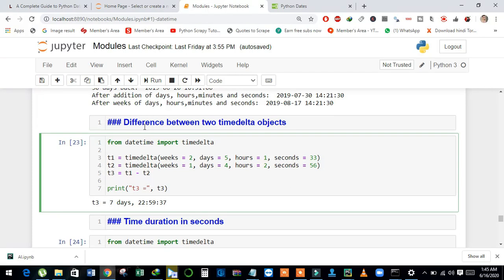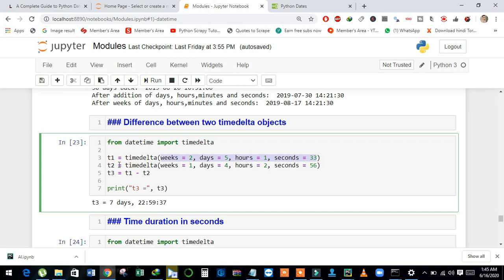Now we will discuss the difference between two timedelta objects. We can also find out the difference between two timedelta objects. And see here I have just created T1 timedelta object, and then I have assigned different attributes: weeks equal to 2, days equal to 5, hour 1, second 33.